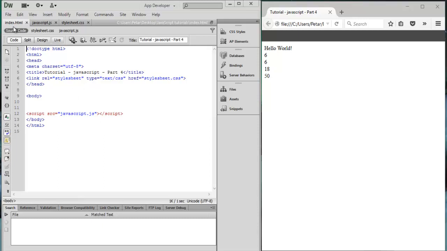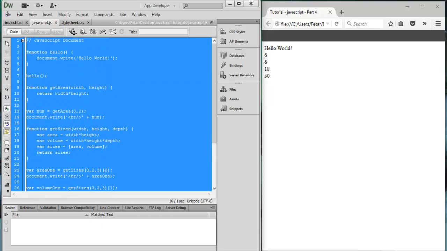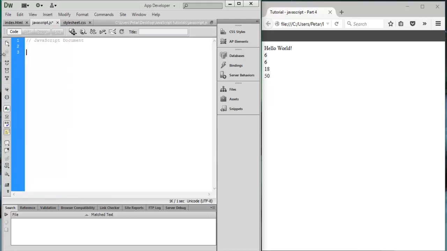We have already done our index page, JavaScript file, and stylesheet.css, and the result was this. This is part 5. Save, and in the JavaScript file we are going to delete all this code and enter some new code. We are going to talk about objects